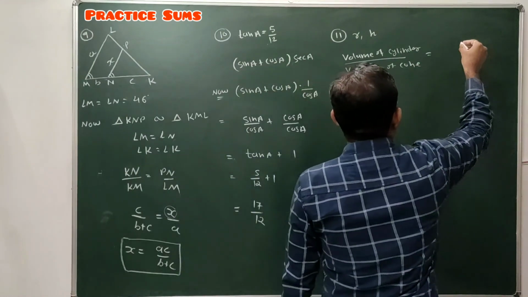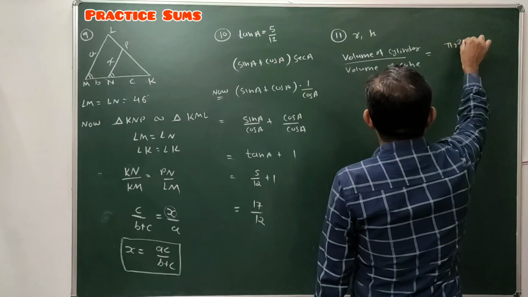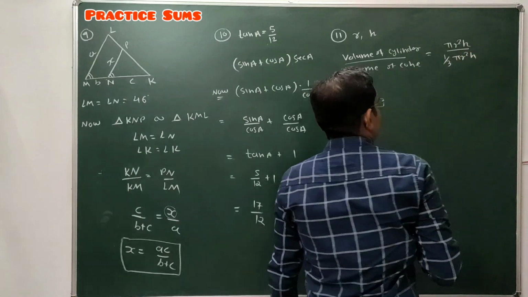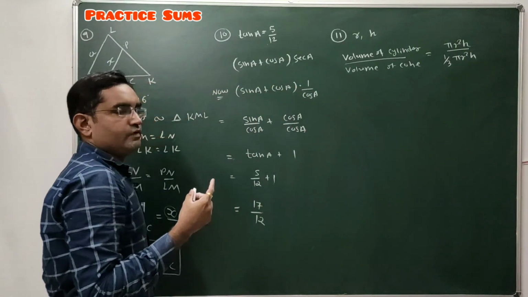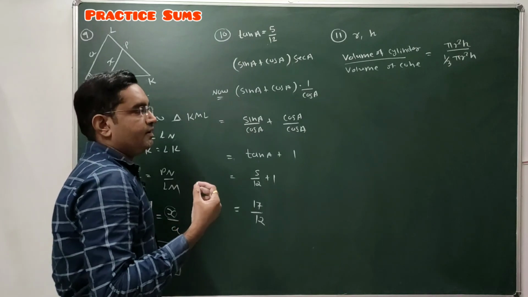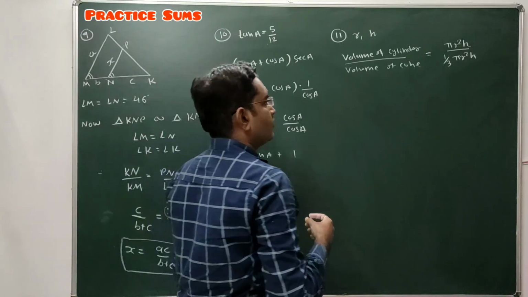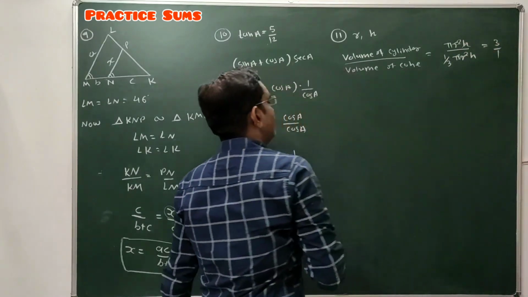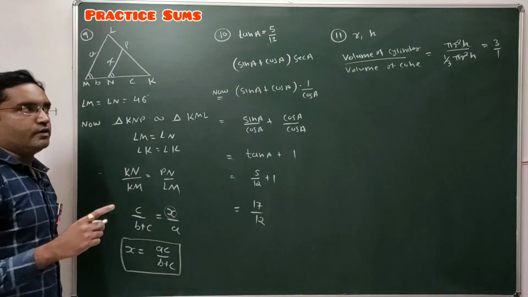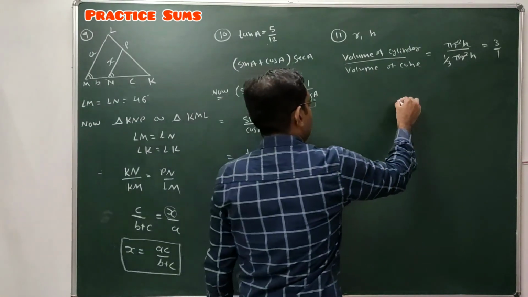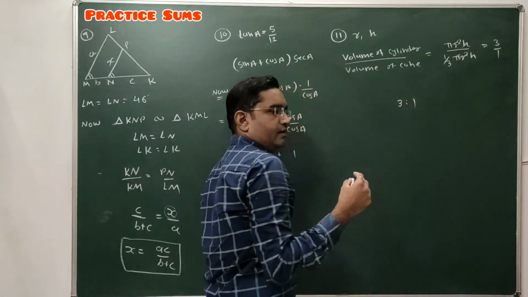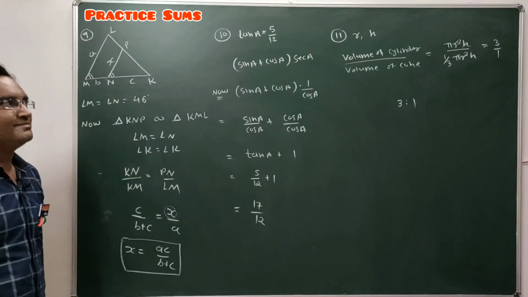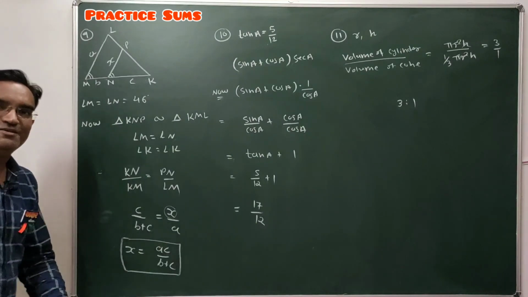So what is the volume of cylinder? It's pi r square h. Volume of cone is 1 by 3 pi r square h, where r is the radius of base, which is same. Also height h of cylinder and cone is also same. So here all quantities will be cut. So it's 3 upon 1. So ratio of the volume of cylinder to the volume of cone is 3:1, when radius of base and height of the cylinder and cone both are equal. Pause the video and note it down.